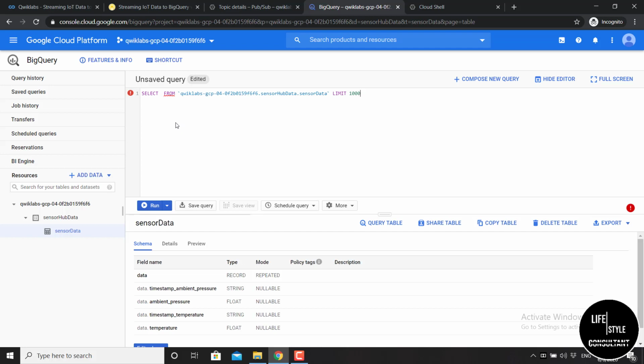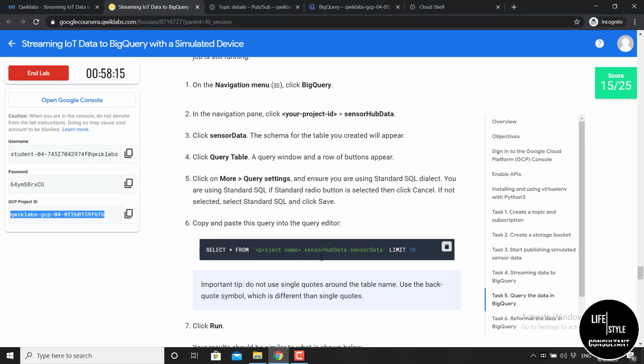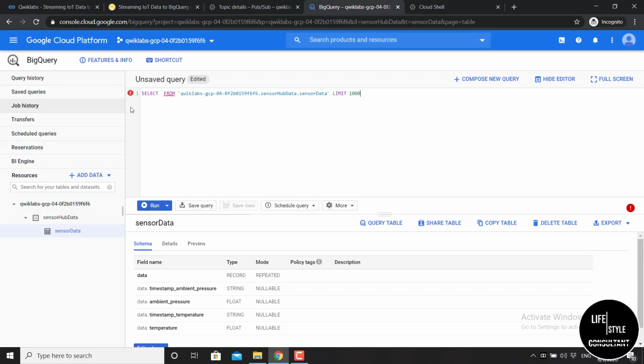Now you need to go to your instruction tab again, scroll down, copy this code, go here again and just paste it.